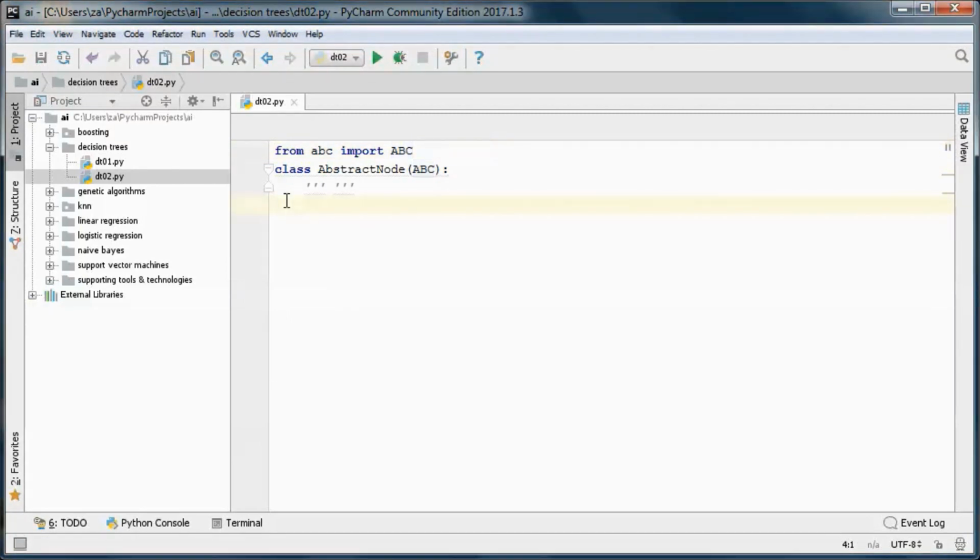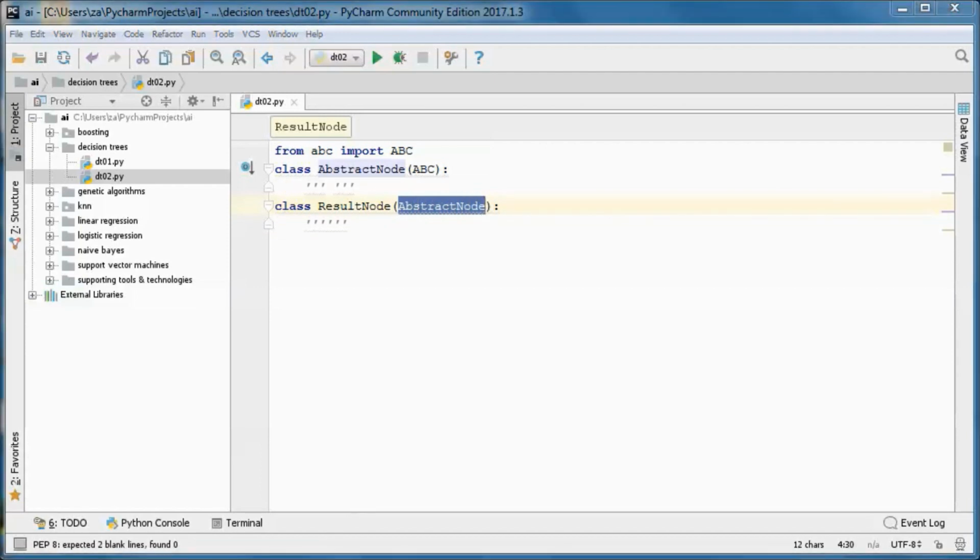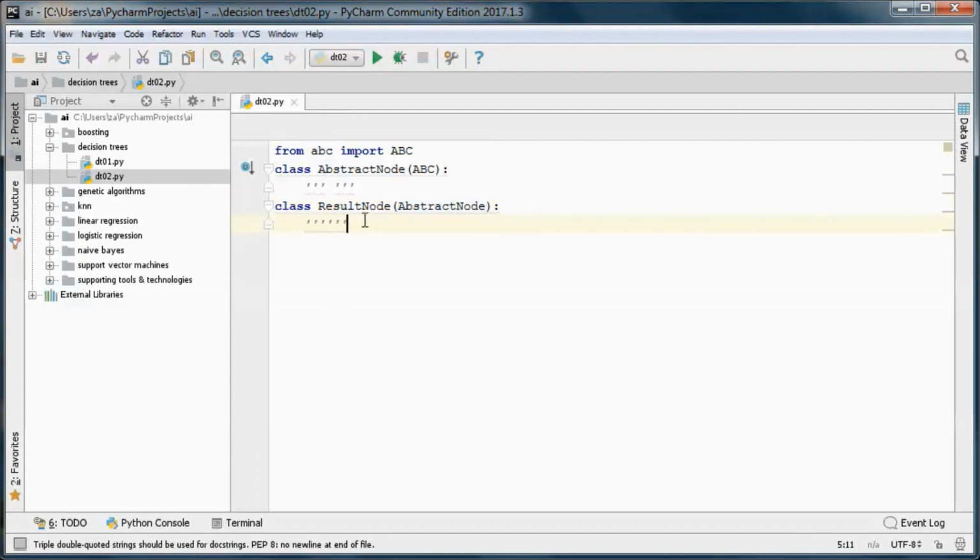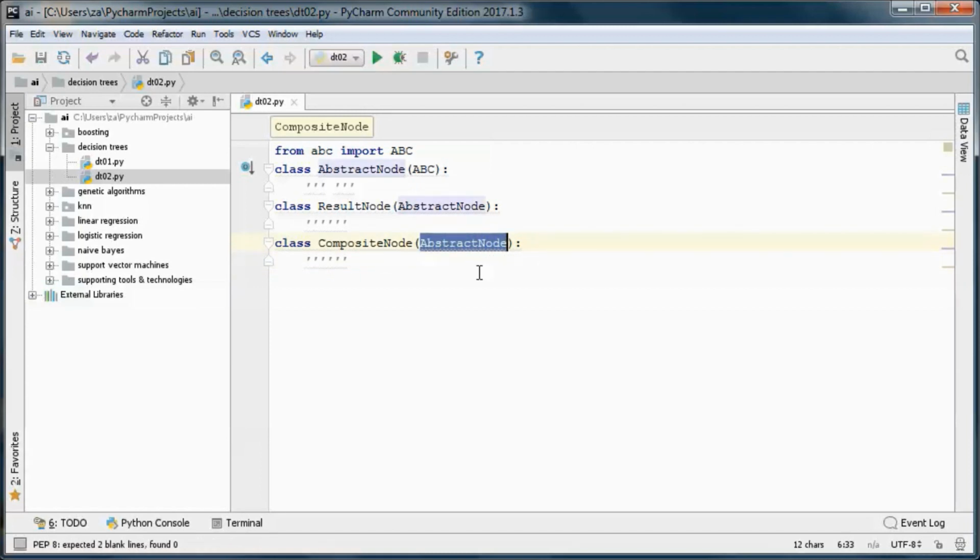So this result node will be a leaf node, and it will extend directly from abstract node. And for simplicity, we will have this composite node class extending directly from abstract node, so we will not have an abstract composite node in between.